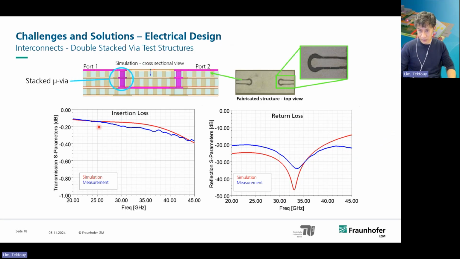One example here is that we have the transmission line here, and then we have some interconnects going down, and then having some different lines. And then we also realized this structure, this interconnect, to compare the simulations and the results. You can see here that we have good matching between the simulations and the measurements on the insertion loss, but also on the return loss, and we are doing it for each interconnect